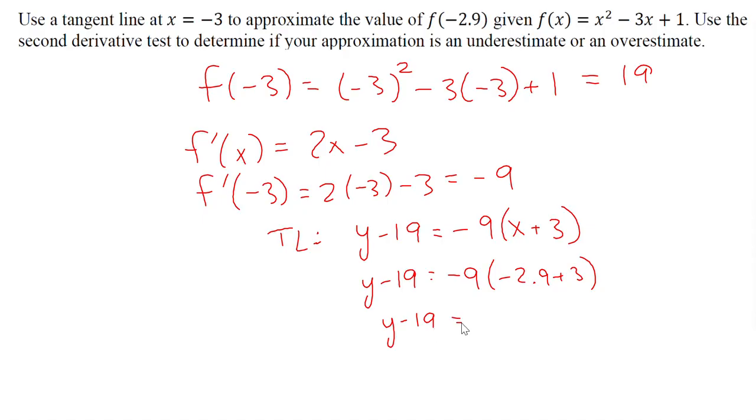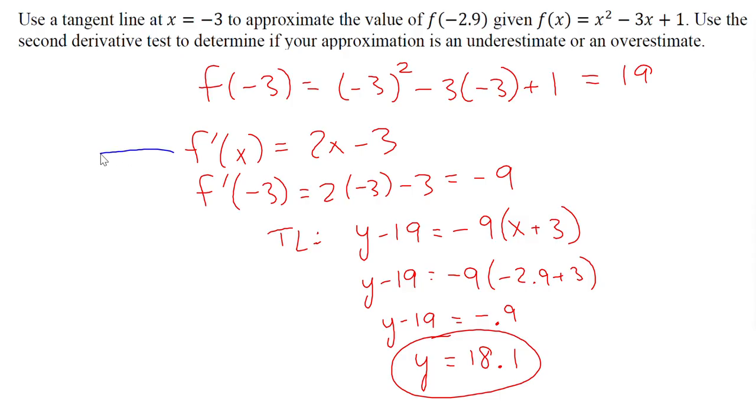When I multiply that by negative 9, I get negative 0.9. And we'll add 19 to that to get y is equal to 18.1. So that's our approximation. And then we need to use the second derivative to determine if it's concave up or